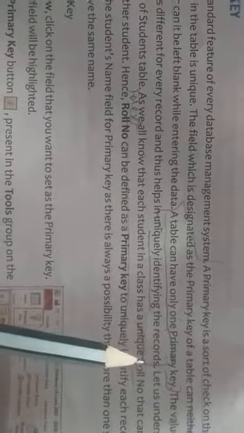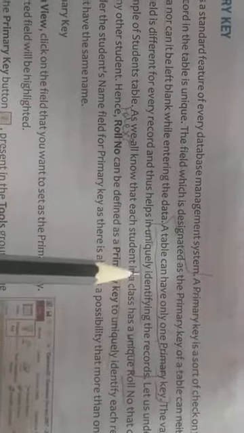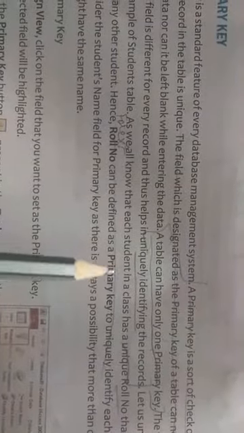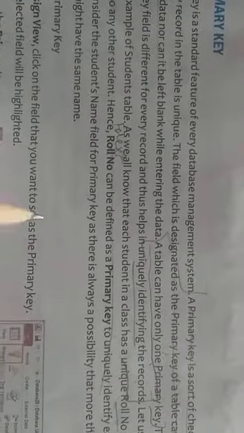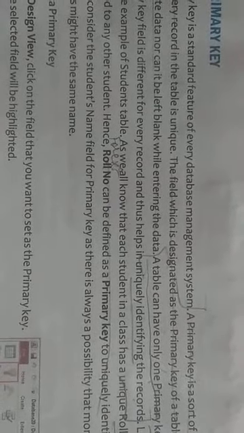So as we all know, each student in a class has a unique roll number. Yes, हमें पता है कि सभी स्टूडेंट्स का रोल नंबर अलग-अलग होता है. So whenever we create a students table, then we can impose a primary key on the roll number, because in roll number we can't enter duplicate data and all students' roll numbers are unique.